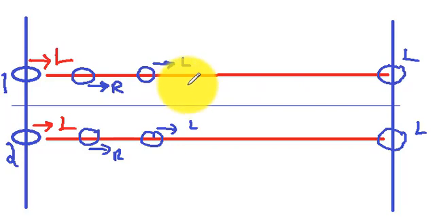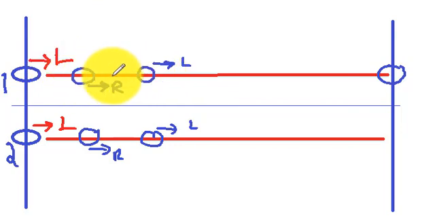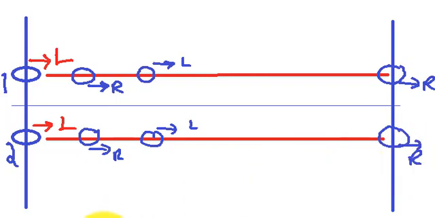What will happen if they take an odd number of steps? You can see after an odd number of steps, left hand will become right hand. So this robot will come with his right hand in the front, and this will also come with the right hand in the front after an odd number of steps. This should be clear. And you should know that each step is lambda by 2. So an odd number of steps means it's an odd multiple of lambda by 2. An even number of steps means it will be a multiple of lambda. This should be clear.